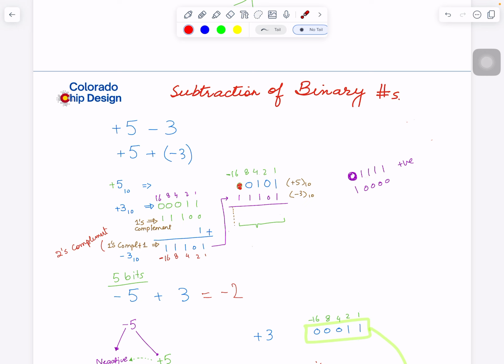8, 4, 2, 1, that's 15. So this is plus 15. And this is minus 16. So you see in 5 bits, when we say 2's complement, it actually doesn't go all the way to plus 31. It's not like that. This has to be 0. Only these are 1. So if you want to generalize this,